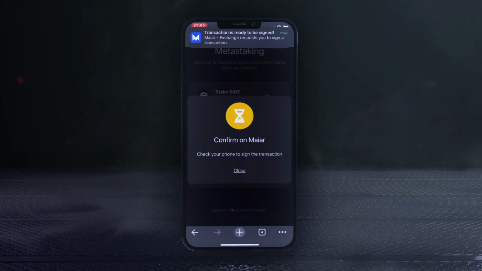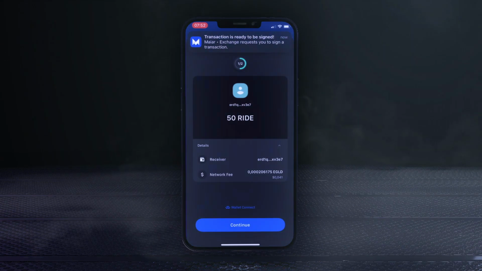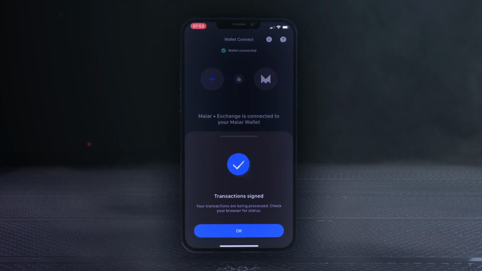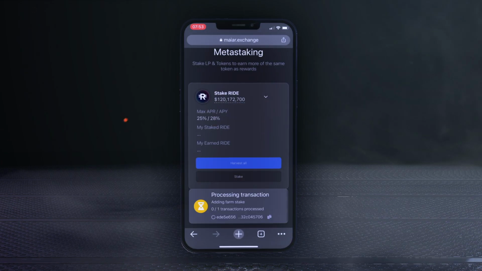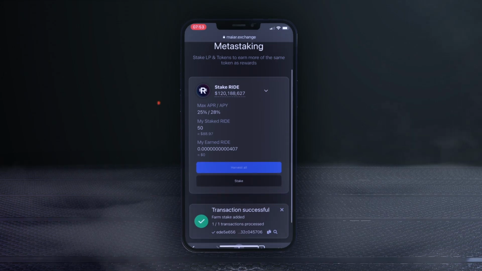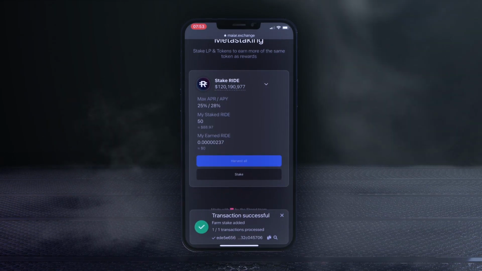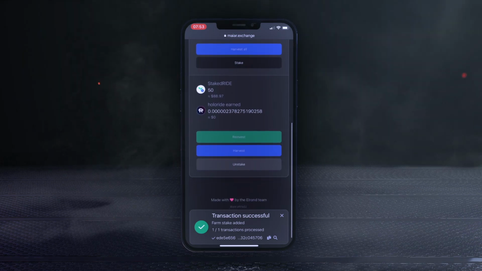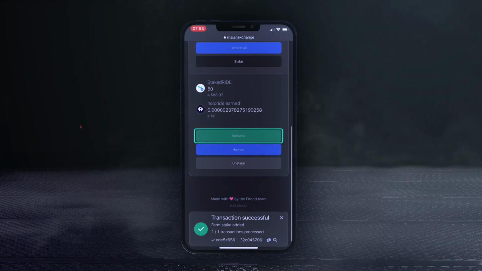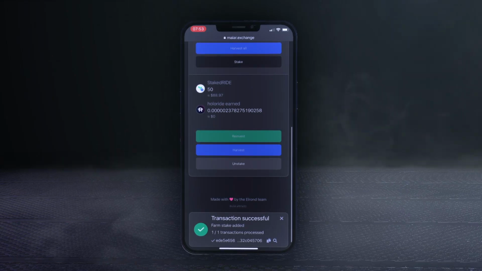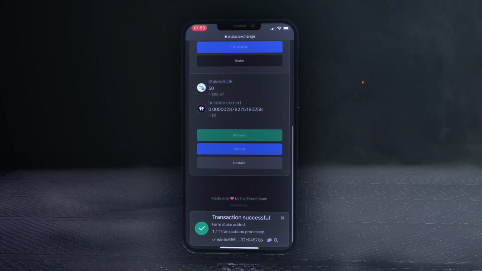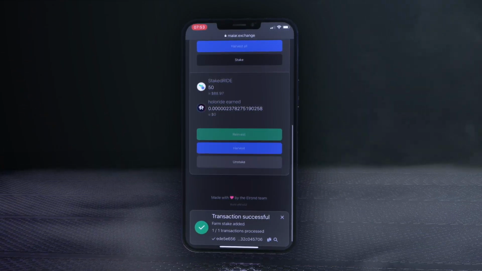After you click on Stake, the Maya app will pop up transactions for you that you need to sign. Go ahead and sign them, and now wait for them to complete. And that's it. Our RIDE is generating rewards as we speak. You can claim them, or reinvest them, whenever there's $10 or more worth of RIDE rewards. Reinvesting will automatically put those rewards back into staking, so you can generate the highest yield possible. Harvesting simply means claiming the RIDE rewards, and you will receive them in your wallet.